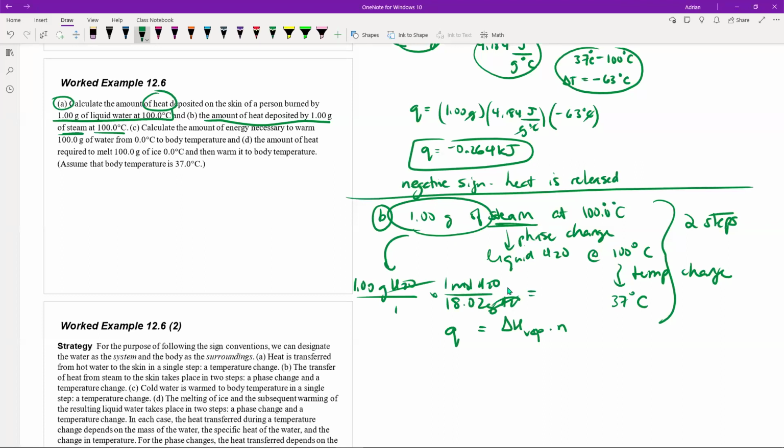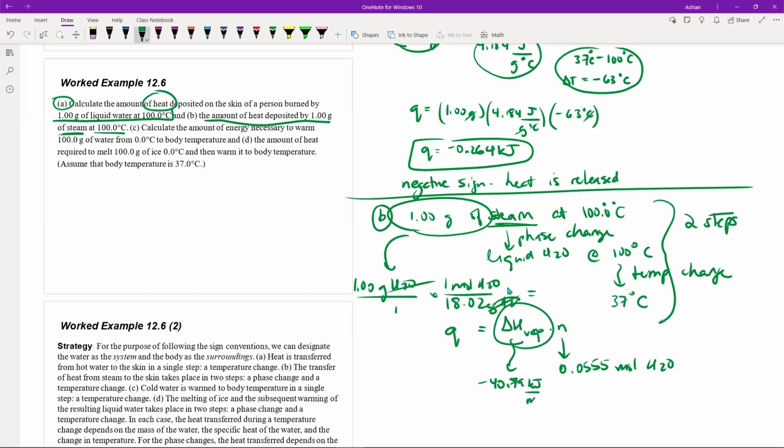We end up with n, the number of moles, being equal to 0.0555 moles of H2O. Right, the delta H of vaporization we can look up from our tables, and that is negative 40.79